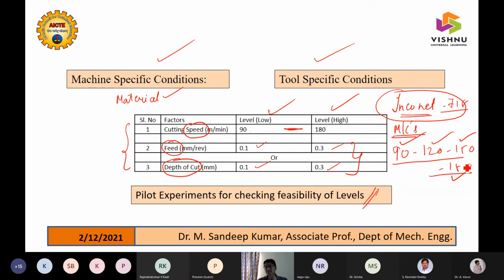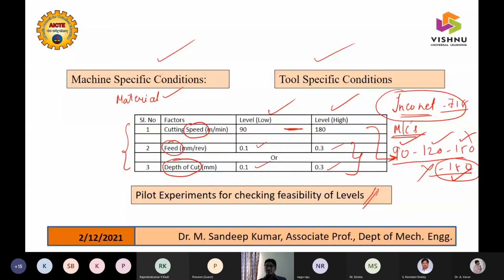At that time you can just stop and say that 180 is not feasible. Or sometimes on a very low end machine, 150 also may not be a possible cutting speed. I'm just speaking about one level. So how can you break up and fix which level is fine? Lower level is almost always fine for most machines, given what is specified in the materials handbook or tools catalogs. But sometimes if the speed is very low, it may not take the load and some vibrations may come up. But most probably the lower level is always fine.